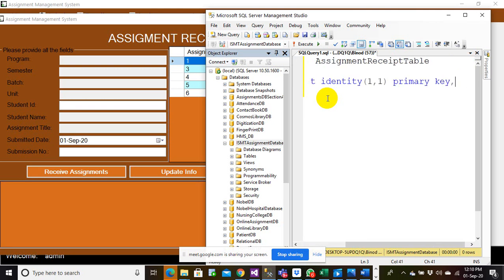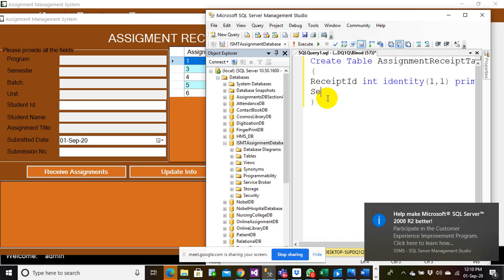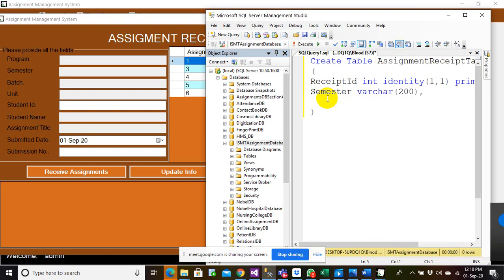This is the primary key, and then we have program. Let us have a program here. We have semester, batch, unit.